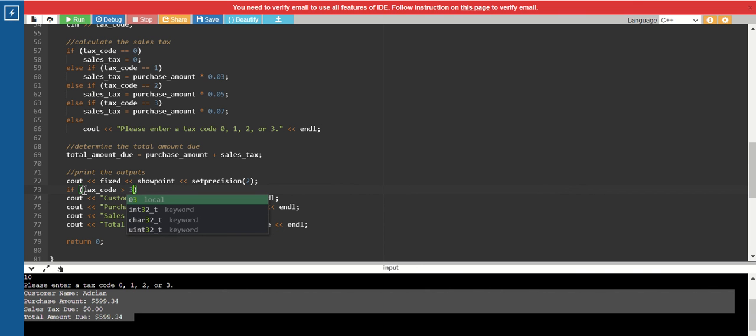So we could say if tax code is greater than 3, meaning they entered something larger than 3, less than 3. So the tax code is going to be 0, 1, 2, or 3. That means it'll be a number less than 4. So as long as the tax code is less than 4, we can print the information related to their purchase